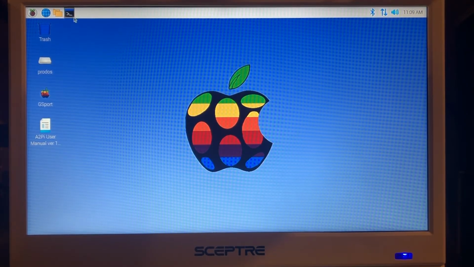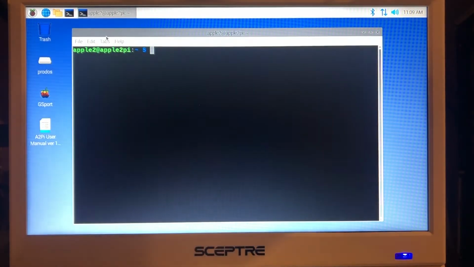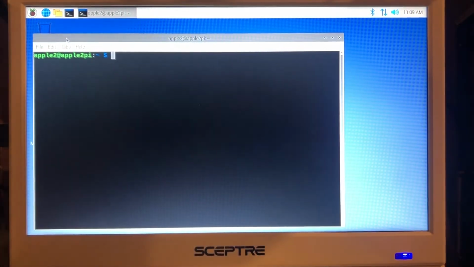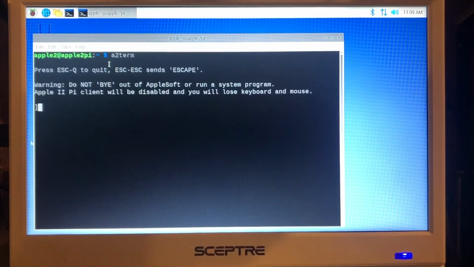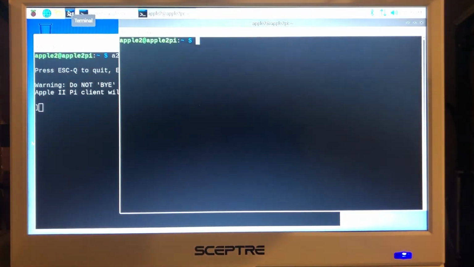First thing I want to do is load up our terminal program, and we're going to go right into the A2 term program so we can see that we are in AppleSoft. Drill down to AppleSoft from our terminal window. That's so we can interact directly with our Apple II hardware, because we're going to open up another terminal window and use different Linux tools to build some software that we can run on our